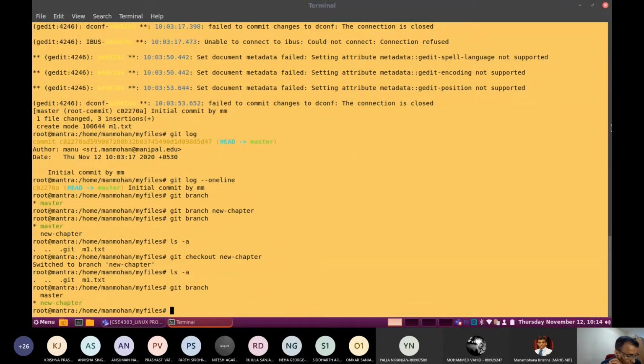Now try to create one new file in this branch. Let me create one new file using gedit, that is m2. m1 is already there, you can notice that. I will create m2.txt.